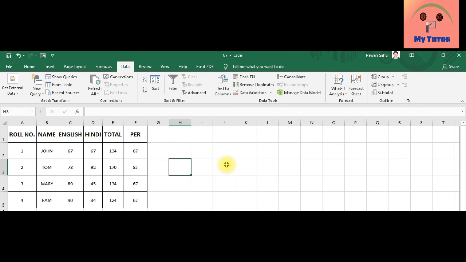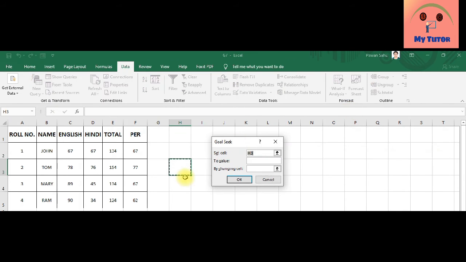Let's do it once again. Click on the Data tab, What-If Analysis and Goal Seek. Now this time I want to apply it in this one. Suppose I want here 90%, or say 88%. So in F2 I want 88%.